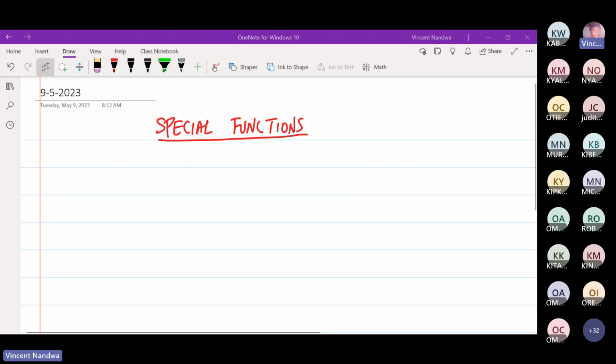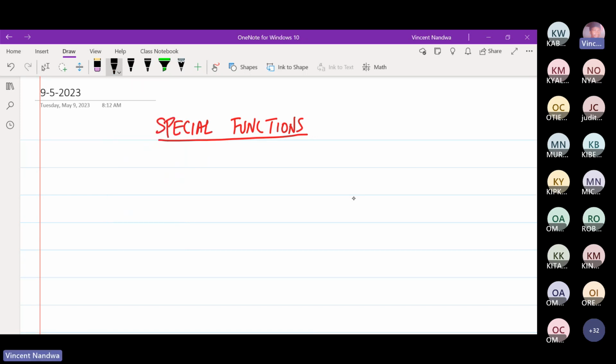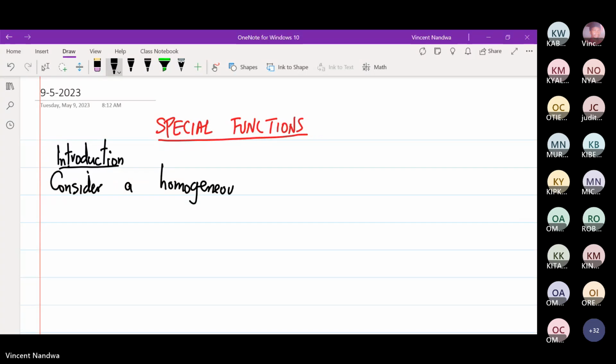So special functions. In special functions, we'll study Bessel functions and Legendre functions. But before that, let's give some definitions related to a differential equation. So consider a homogeneous linear second order differential equation